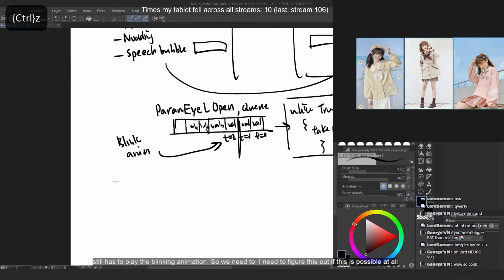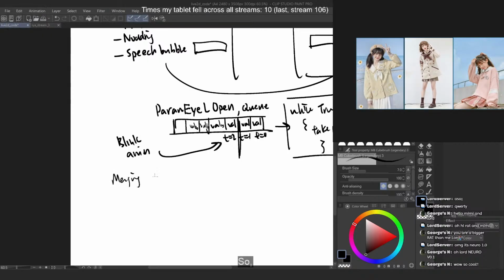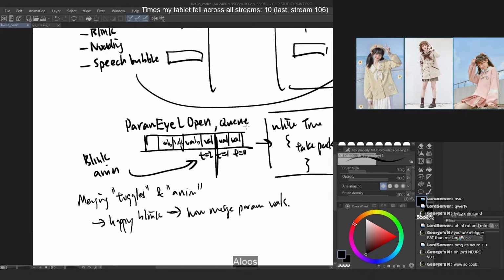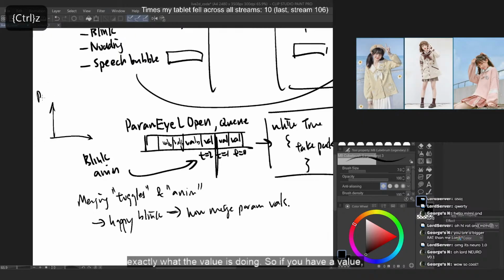So, merging toggles and animation. Let's say happy blink. How do we merge param values? There might need to be some sort of slightly smarter processing. Instead of just playing back this thing, we might have to observe exactly what the value is doing. So if we have a value,